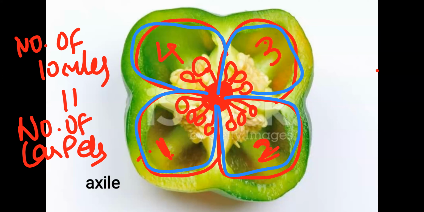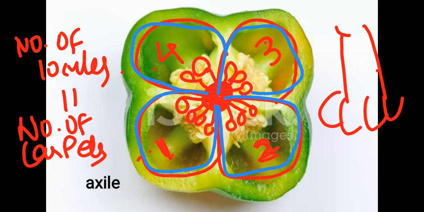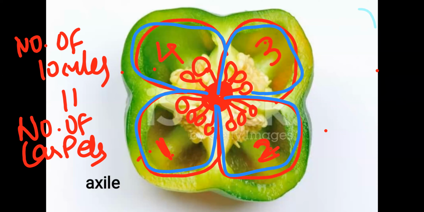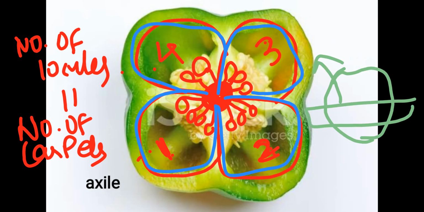So understand, in that four carpel meaning 4 ovary, 4 style, and 4 stigma. But here they are fused with each other. So we thought, okay, their appearance like a one. But when we take a section, see over here, when we take a capsicum, from outside it's a one single structure, right? But when we take a section, then we can understand exactly whether a single ovary is present or many ovaries are there and they are fused with each other.